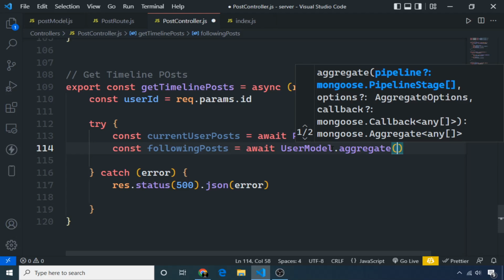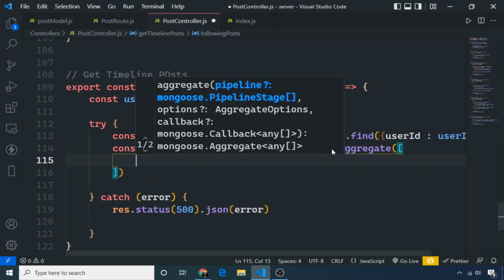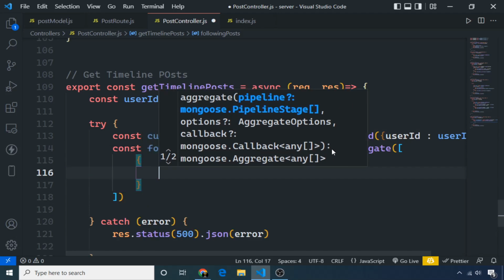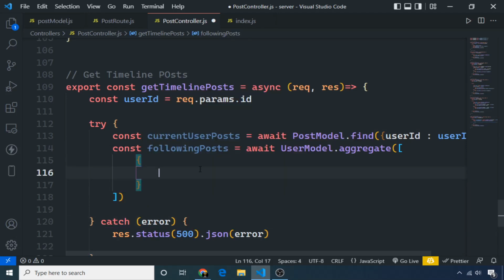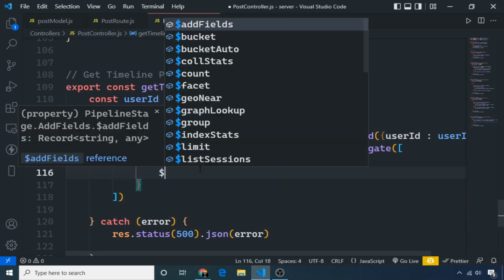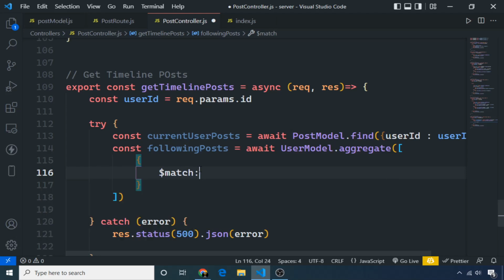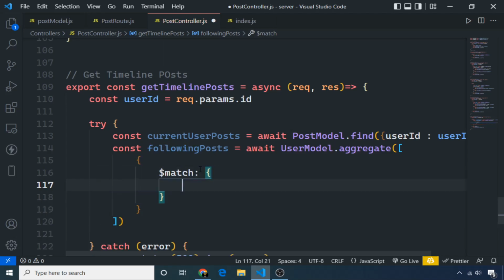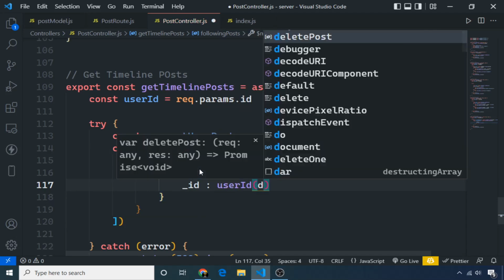So basically aggregation is an array of steps. First make an array, and inside this array I am making the first step. Our first step will be the matching step. I will say match with the user whose object ID is our current user ID that we have